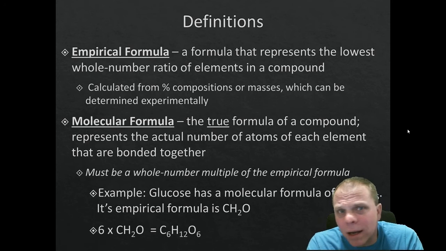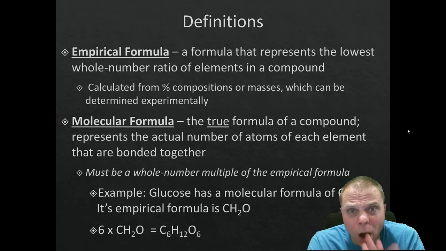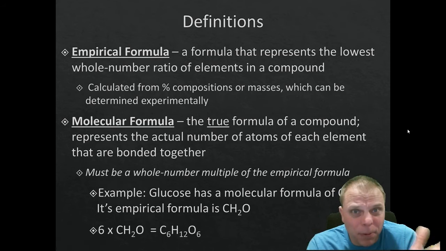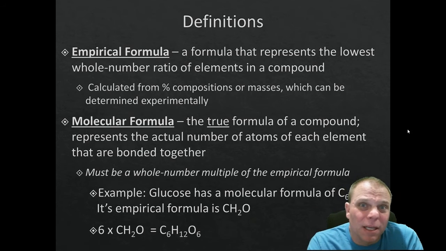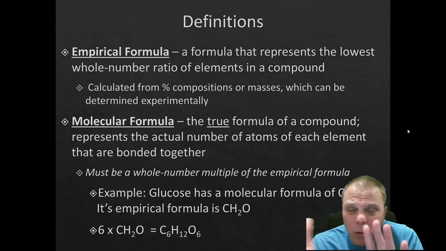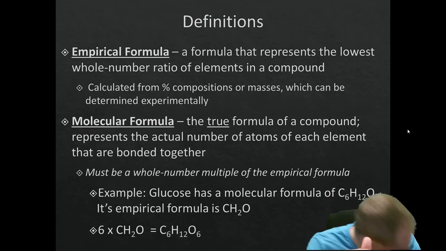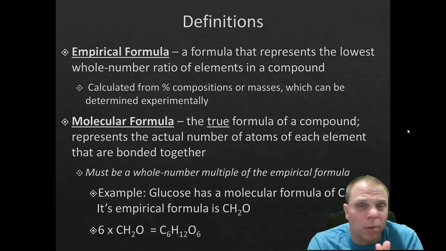Now, when we deal with ionic compounds, remember that ionic compounds are already expressed in their lowest whole number ratio. But empirical formulas, we are usually using these with molecular compounds. So we might have something that is pretty significant in terms of how many of these different elements we have of a particular type in a particular compound. And so we reduce them down to their lowest whole number ratio. All right. Now, we're going to calculate empirical formulas from the percent compositions or from the masses that are given